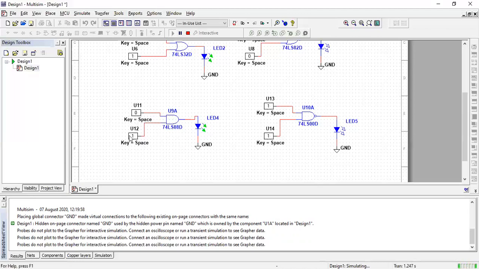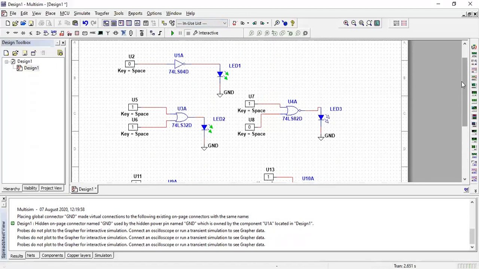So if we change the input condition, accordingly we get the output for the AND gate and NAND gate. In the AND gate, if any one input is 0, the output is 0, and in the NAND gate, the output is the complement of the AND gate. So if any one input is 0, the output will be 1. So for the other conditions, similarly we get the output. One input is 0, so the output is 0. One input is 0 in the NAND gate, so the output is 1. So this is the simulation of the AND gate and NAND gate.